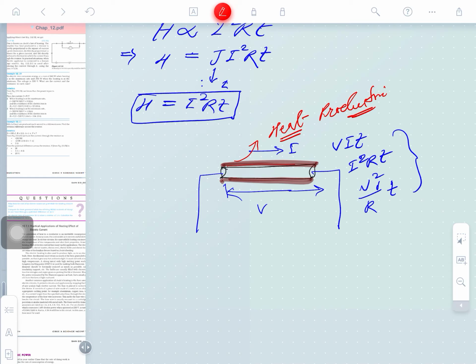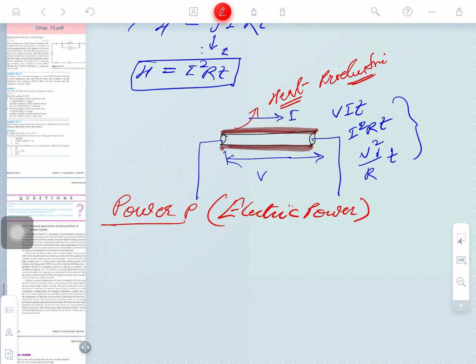So, every second how much heat is produced means how much work is done by the potential difference source and how much energy is transformed. These three things can be spoken here. So, finally, the rate of doing work, the rate of production of heat, we can speak here. So, another term is now introduced. This term is called power. And the word electric power will be spoken here, not only power, electric power.